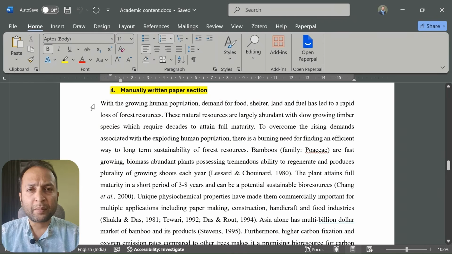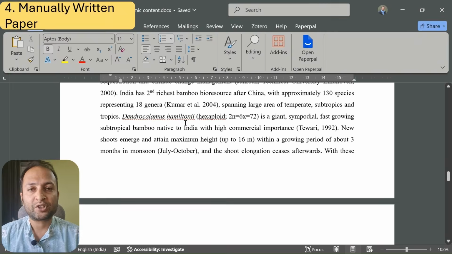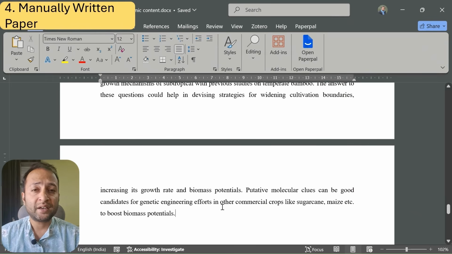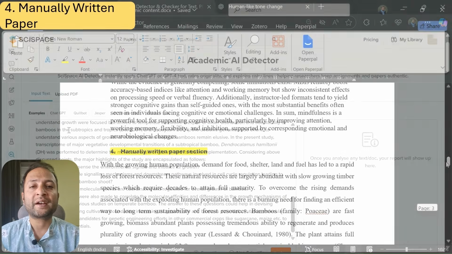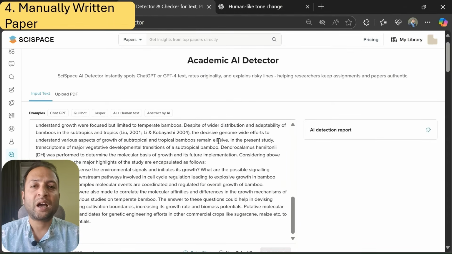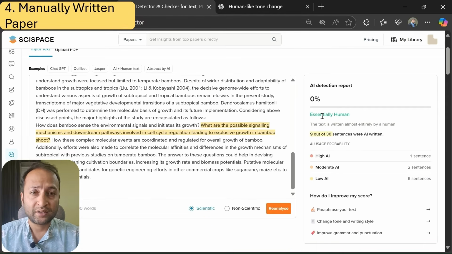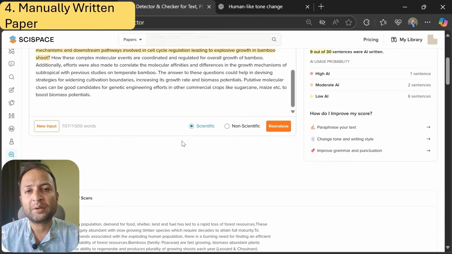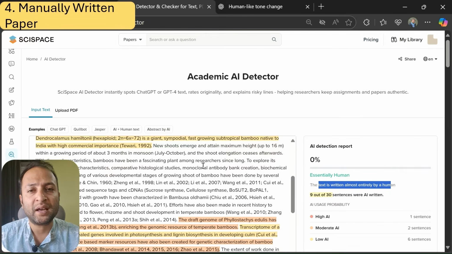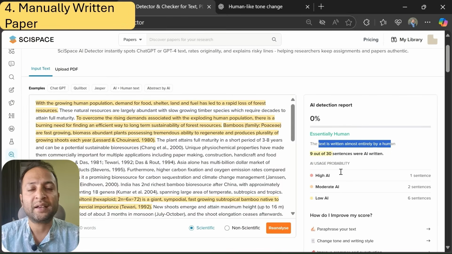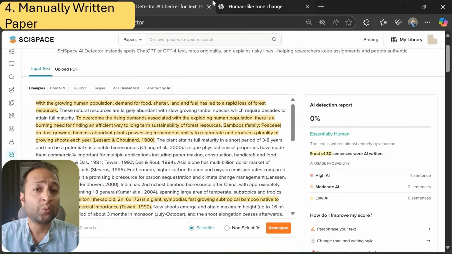And finally, here is the manually written piece from an actual research paper. This is also important to check the manually written text, as AI detectors also falsely detect human written content as AI generated. So let's see how SciSpace deals with it. The results showed it to be almost human written, as I myself wrote it, but there can be a few sentences that may sound AI-like, which can be easily dealt with. So this is how the actual academic AI detector should be finding the AI content while passing the human written